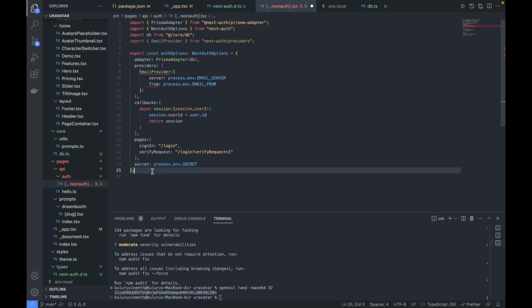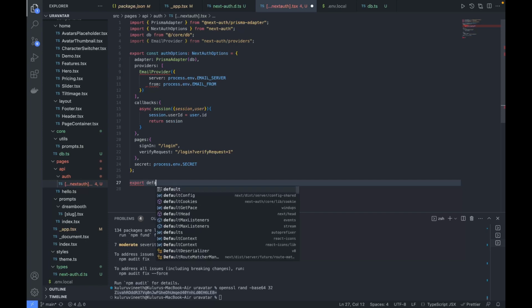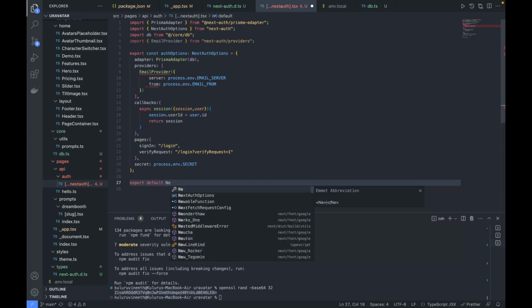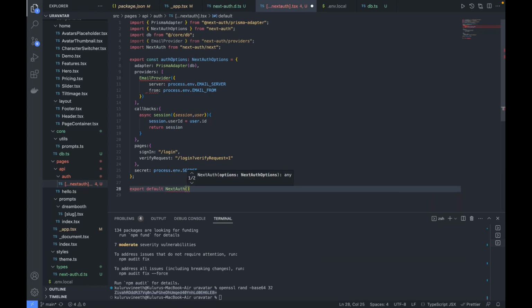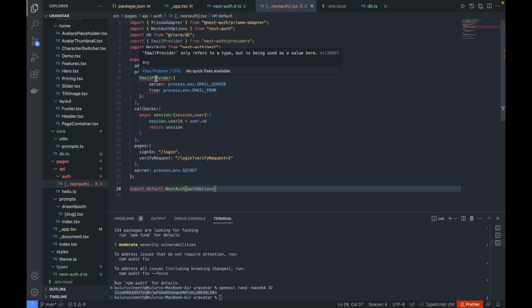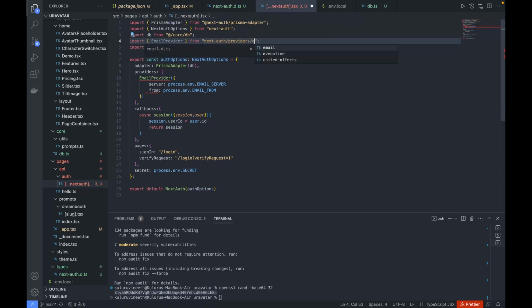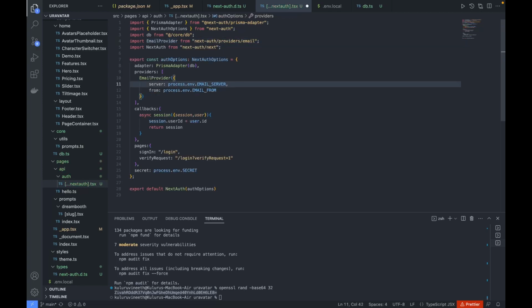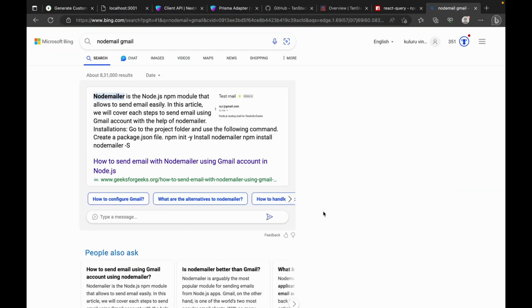And finally we have to pass this to our NextAuth function. Here there is some issue, and here a comma. Fine. So this is how we configure the email provider. Now next what we have to do, as I mentioned, going back to your Prisma adapter,